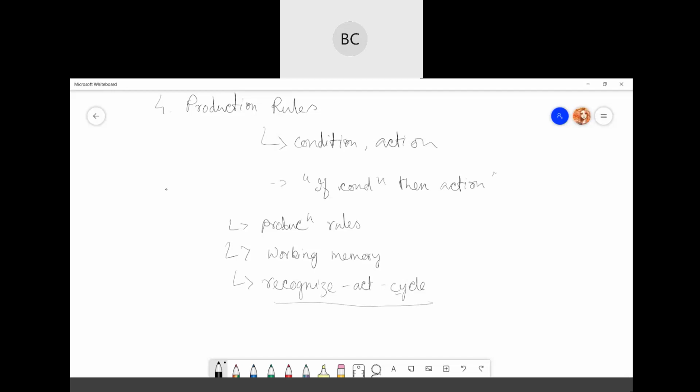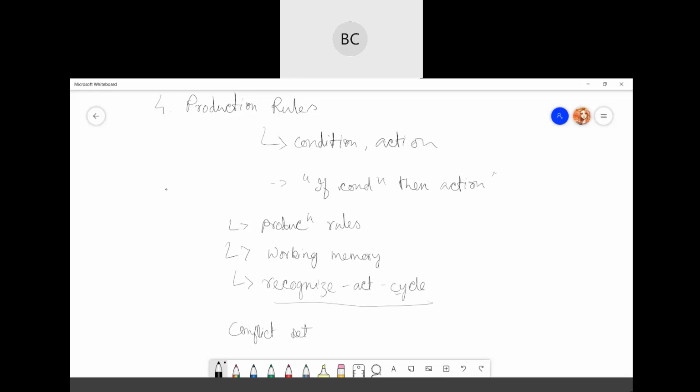Okay, then if there is any new situation or a new state is generated, then multiple production rules will be fired together, and this is called your conflict set. Okay, the word is conflict set. Normally for one production rule there will be one fire, just like your neurons in an artificial neural network. A neuron fires whenever a condition is satisfied. So here also, if a production rule is satisfied, it will fire.